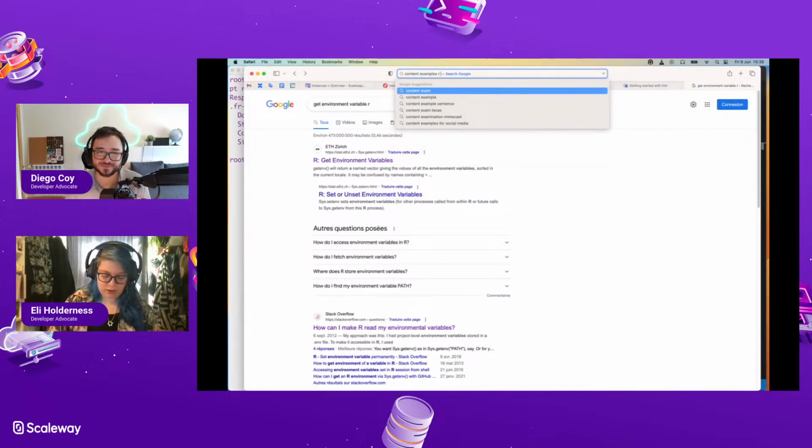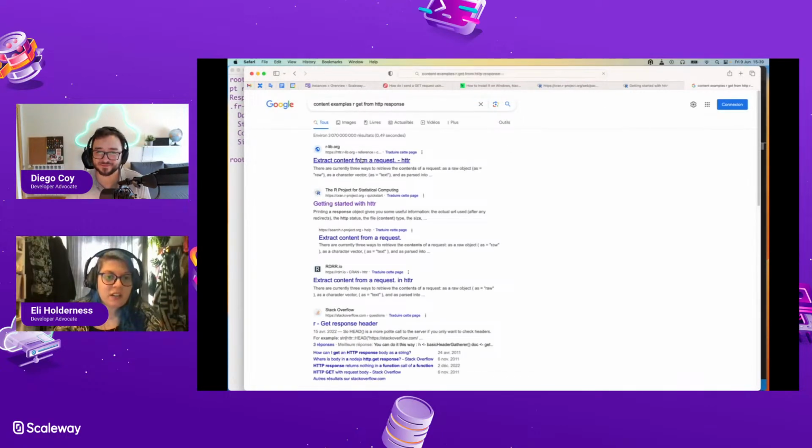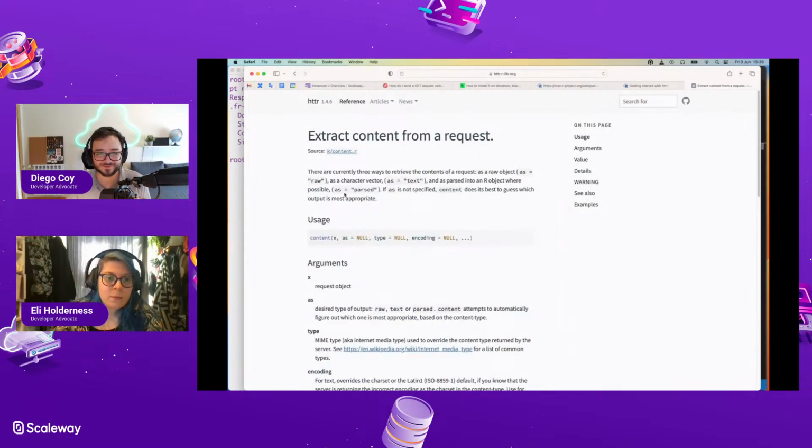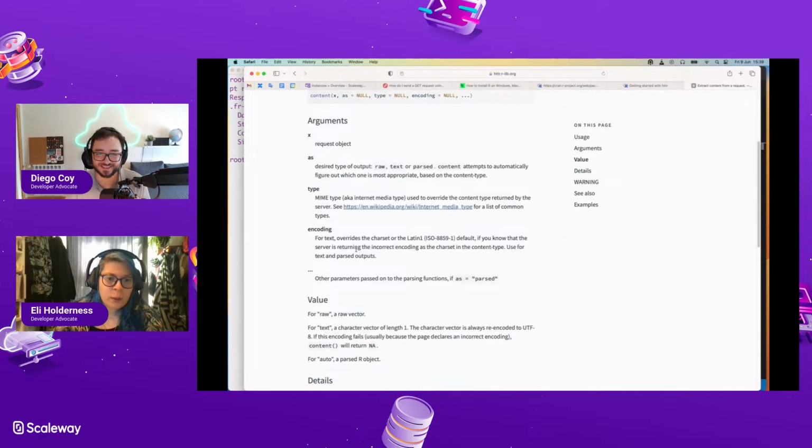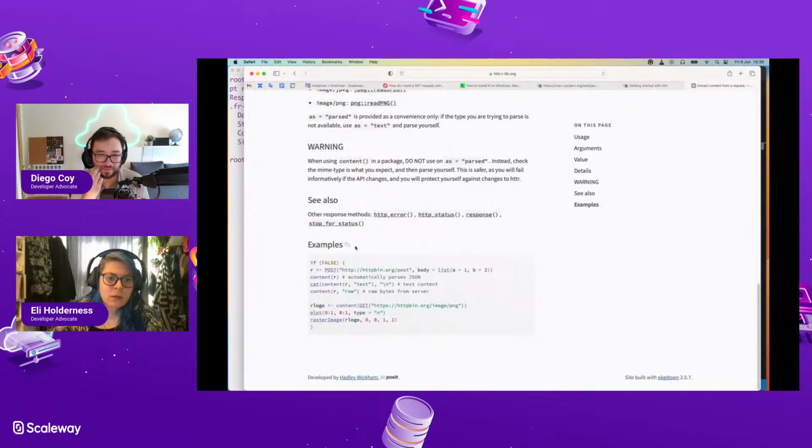Content examples are get from HTTP response. Let me see somebody doing it. Here we go. Oh, this is just from the same PDF. Okay, hang on. Examples. Yeah. All right.